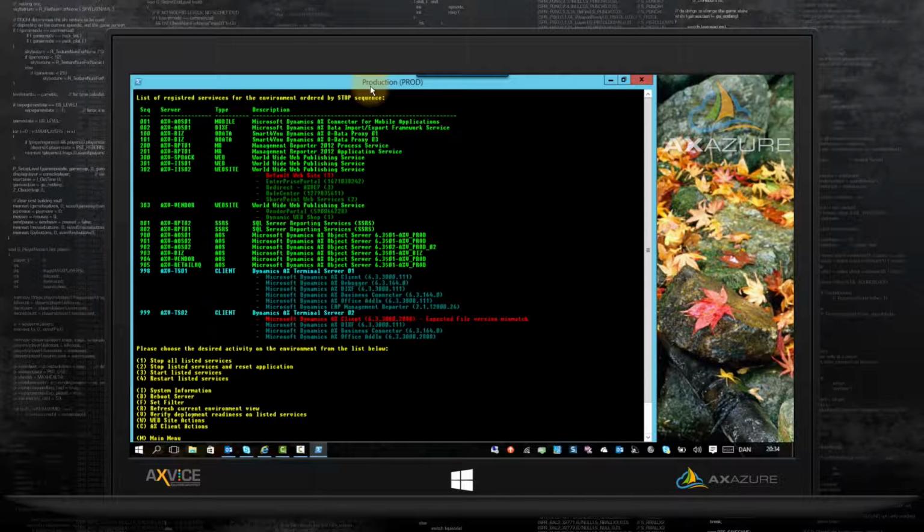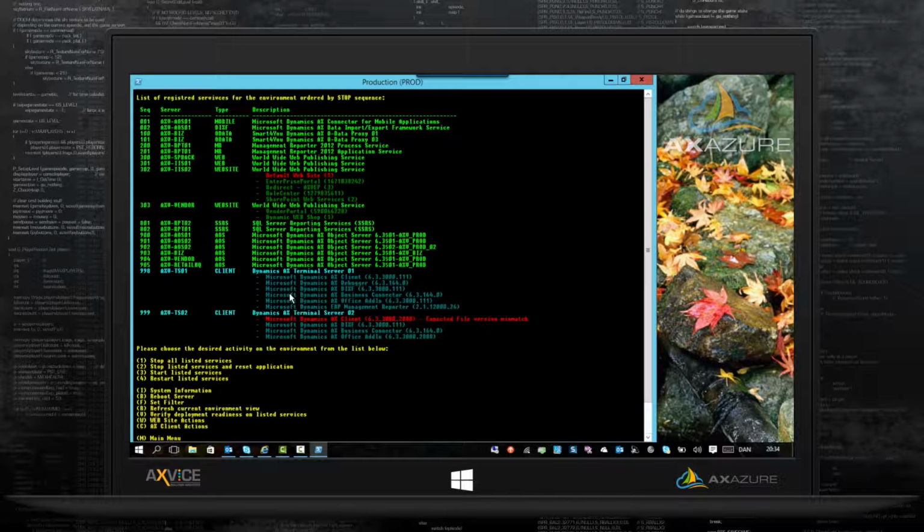Now you can do that by saying, I want to stop listed services and reset application, or I'll say restart listed services, as you can see in menu item number 4, you can restart listed services, and they will actually restart all the services. It will not restart the client services because the client machines don't have any service to restart. So the system will know that client machines don't have services to restart.